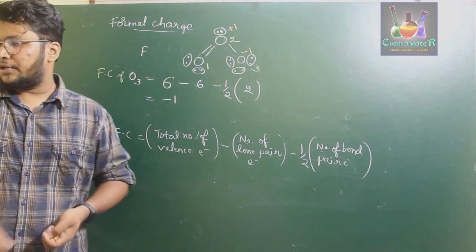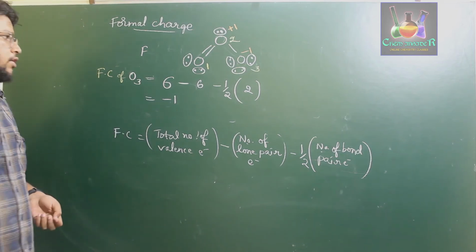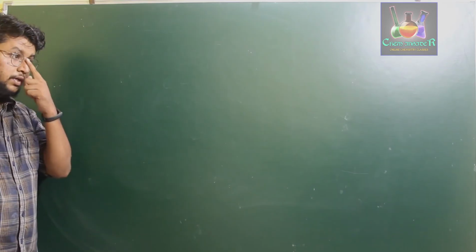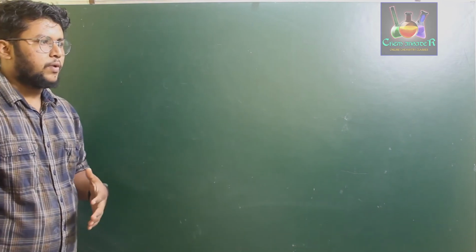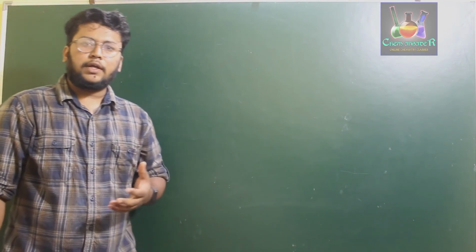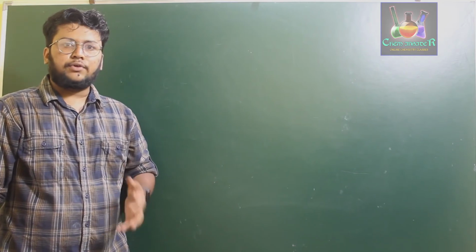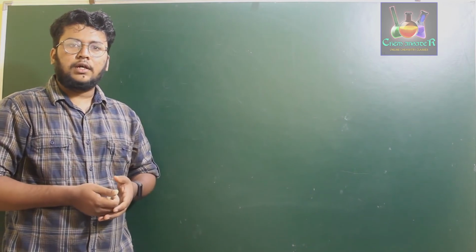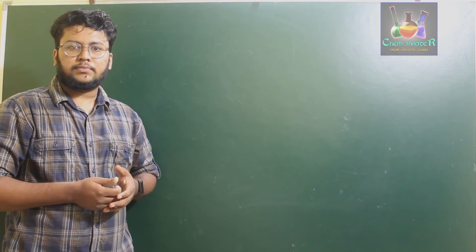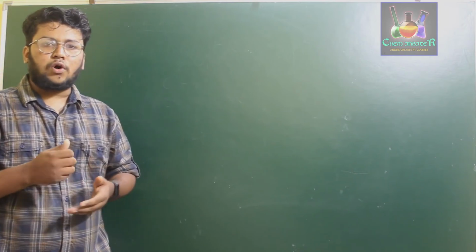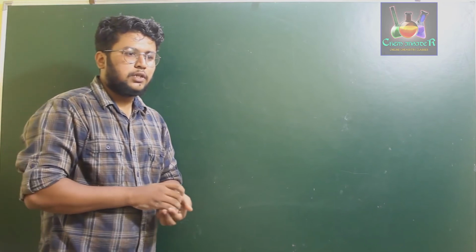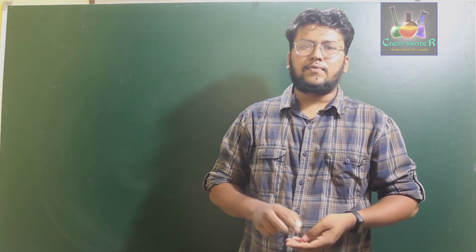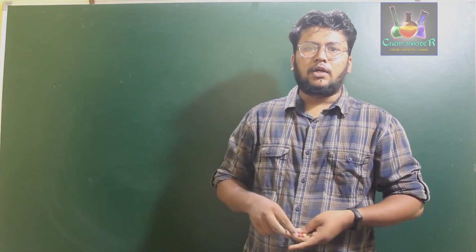Next we are going to discuss the failures or limitations of the octet rule. Even though the octet rule is quite useful in explaining the bonding of several atoms, it is not quite universal. That means there are certain compounds which have stable bonding but do not follow the octet rule. Therefore, there are exceptions in the case of the octet rule, which are nothing but its limitations, and which cannot be accepted in the formation of certain compounds.